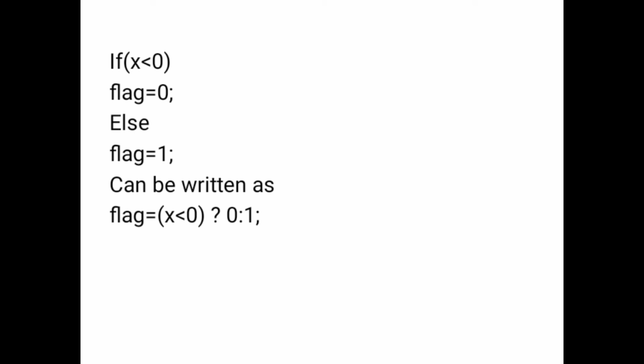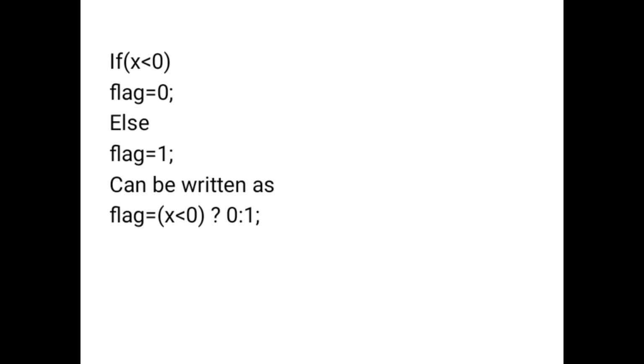Now consider, for example, an if statement: if x less than 0, flag equal to 0. If the value of x is less than 0, you are setting the variable flag to 0, else the flag value will be set to 1. This statement can be written using the conditional expression as flag = x < 0 ? 0 : 1.